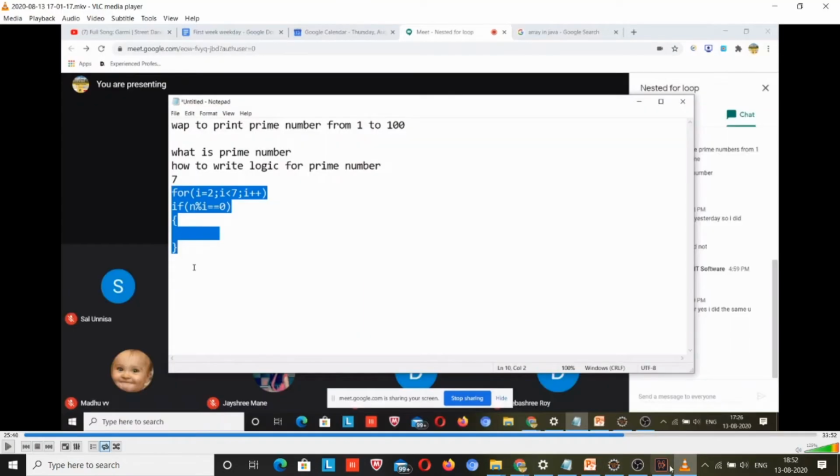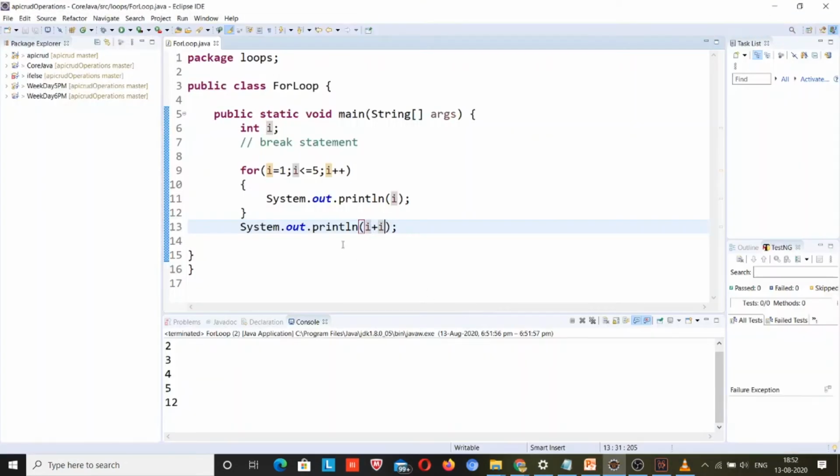So what if I use a break statement over here? Now I will ask Sudhir again what the output will be if I is equal to... Sudhir, you were in yesterday's class, right?